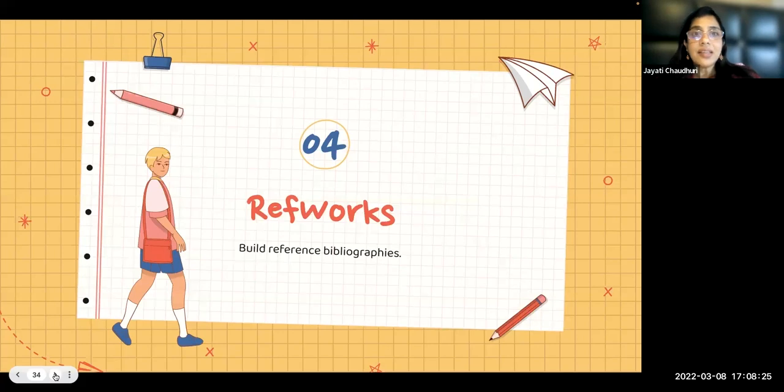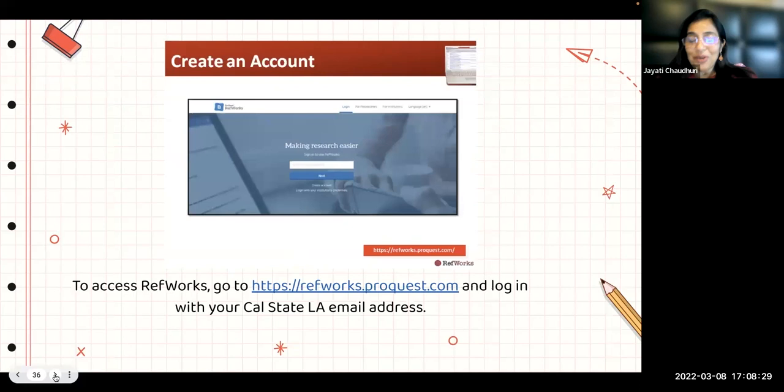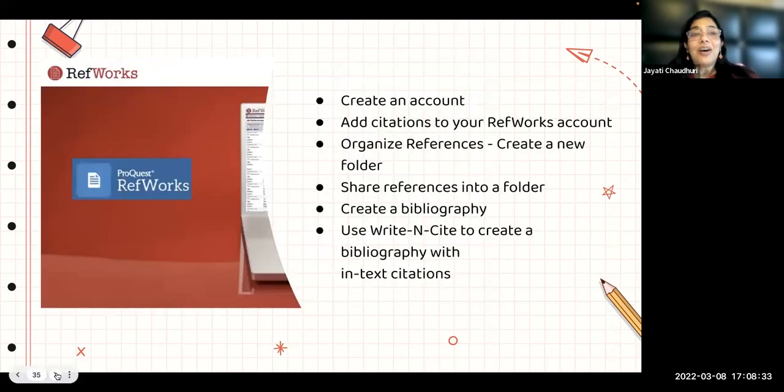Next slide, please. Yeah, so today I'm going to, no, the previous one, please. So today I'm going to show you how you can create an account with RefWorks. Because it's a subscription-based tool, it comes with many sophisticated features. So you can actually add your sources, track your sources, and organize your sources, and then add and create citation